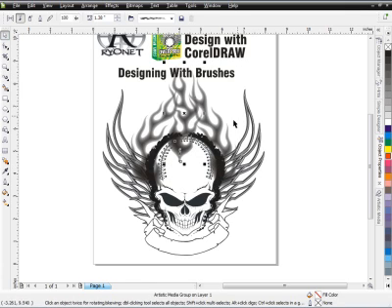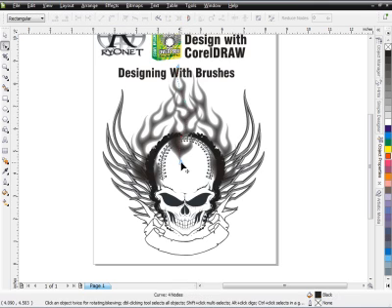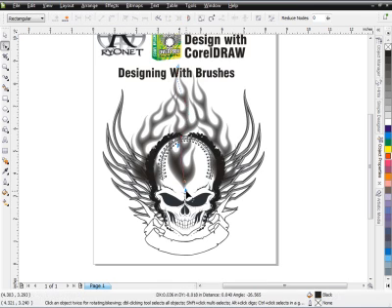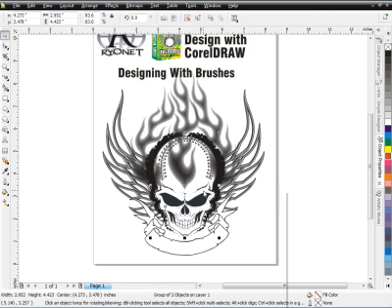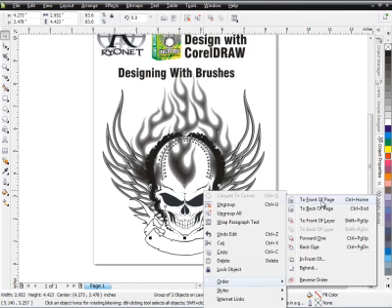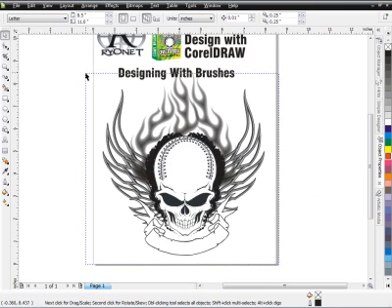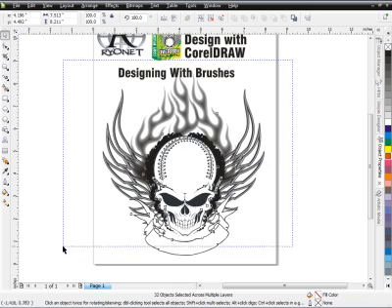Something like that. Now the way that's shaped, I don't really like that. Double click there. I'll bring this node down here just to make this flame a little bit longer. Then I'll come over here, click on this flame, grab this node, drag it over this way, so that'll flow with the design. And then I can just go ahead and right click on my skull, order, and select to front of page, and here I've got a really cool design set up, really in a matter of minutes,